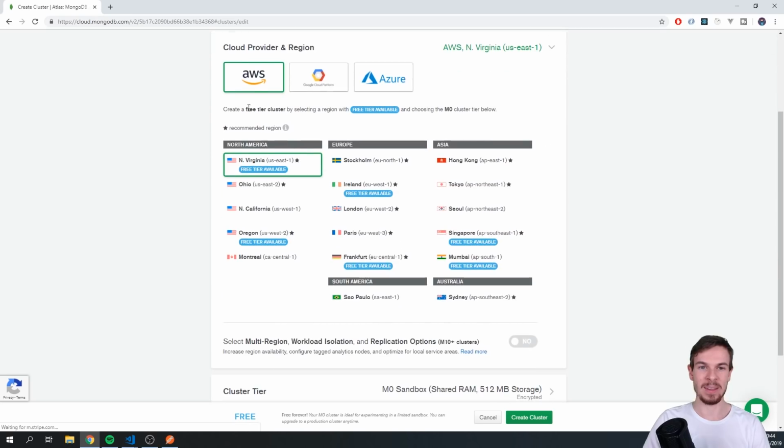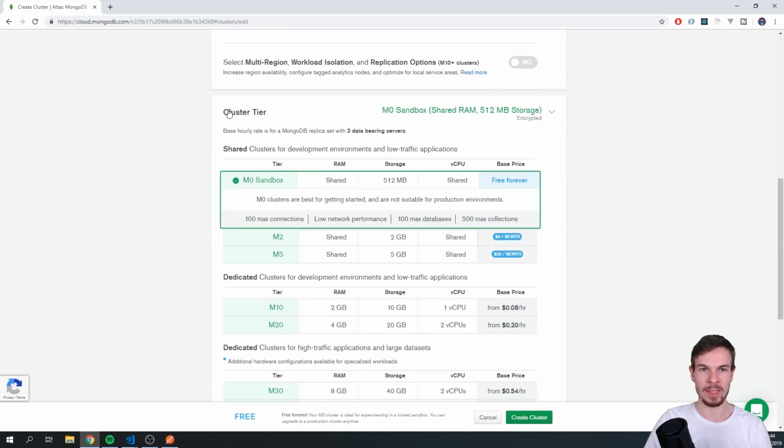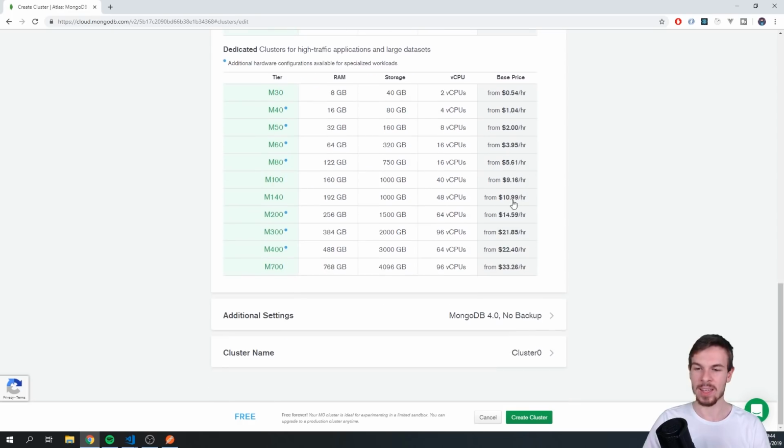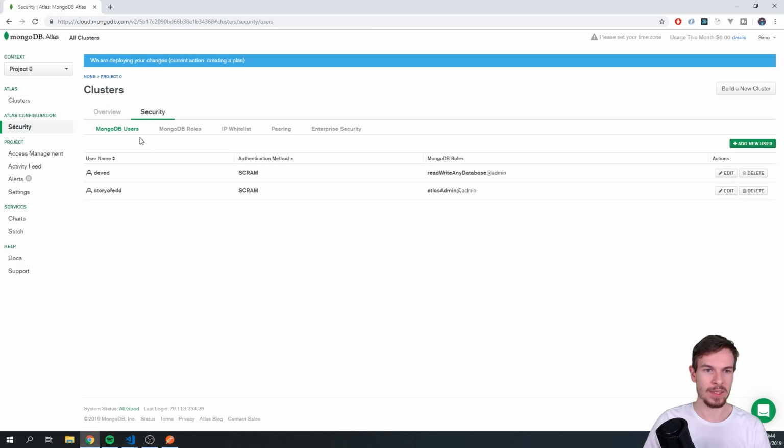And we can do AWS here. Sure, North America, and make sure this is the free one. So if we open the cluster tier up, we have the base price, which is free forever, which is perfect. Cluster name, we're going to leave it like that, that's fine. And we're going to create a cluster here. I said cluster too many times. All right, this is going to take a bit of time, but until then,